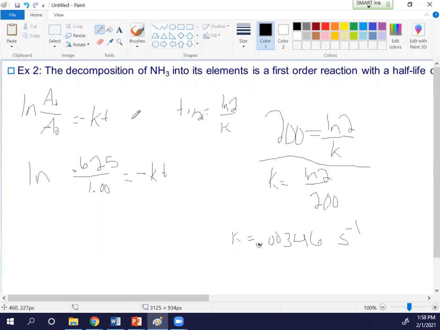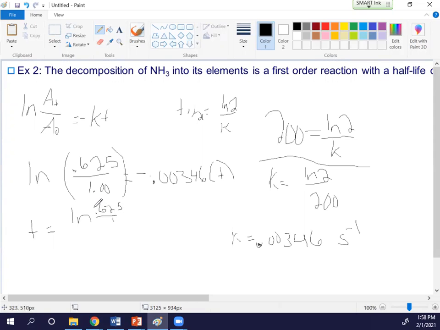So now I'm coming back over here. I'm erasing my K, and instead of K, I am writing 0.00346 times T. Keep in mind, still negative there. This negative is very important because an ln is going to give you a negative number here, so that negative is just going to make things positive when you're answering. So T would equal ln of 0.625